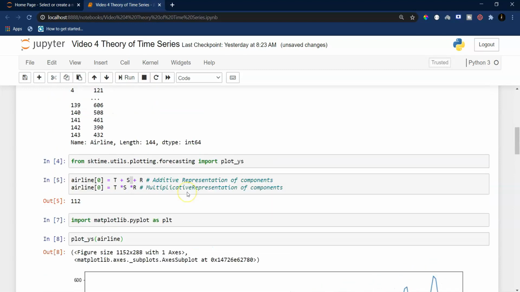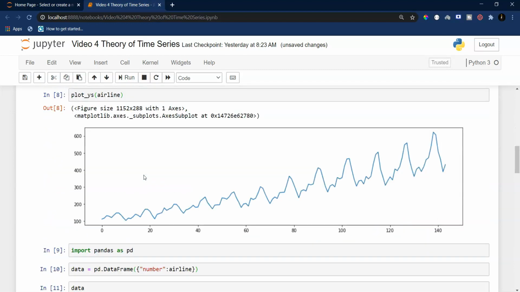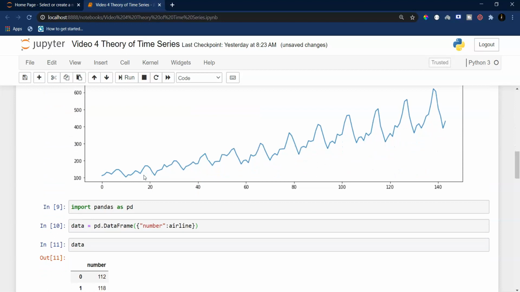Okay, all right. So now what we need to understand is seasonality. If I have to explain what we mean by seasonality, these are repeated fluctuations that happen in every fixed time period. Let us take an example to explain this. In every year there are seasons called summer and winter.